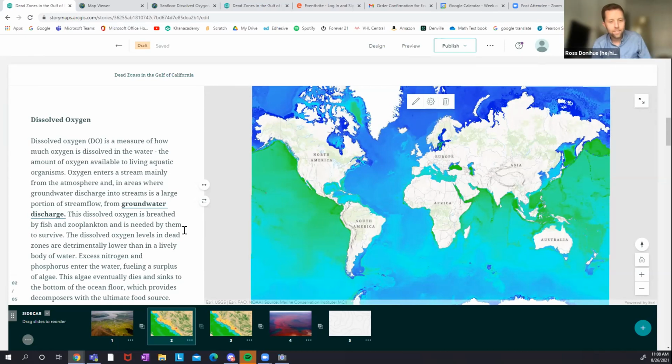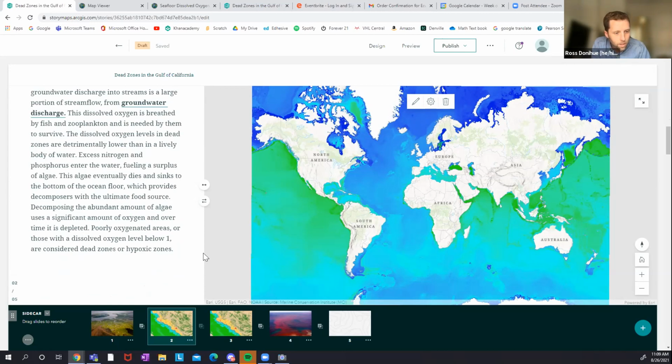Yeah, sure. So I love the images you use. I think you're using the sidecar block really effectively here. One quick comment. Where you were talking about how the dark green corresponds to the dead zones, the value of 1, something that we love doing with our maps and these thematic maps is changing the color of the text to correspond to what it means on the map. So for instance, where you have that a level below 1 is considered dead zones or hypoxic zones,